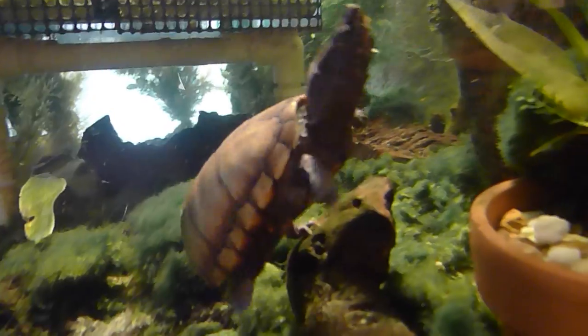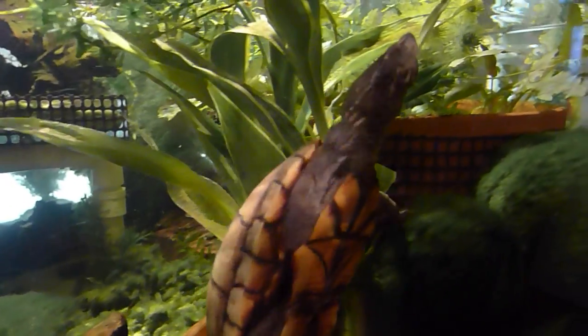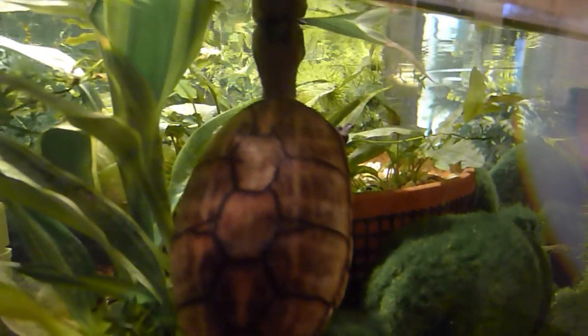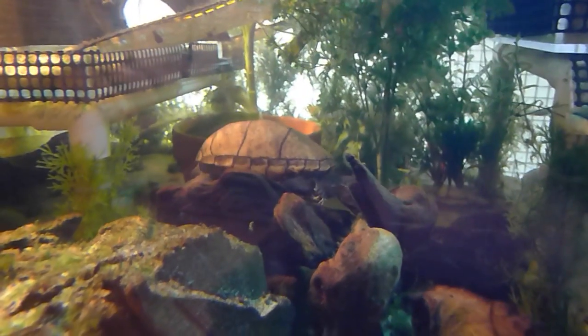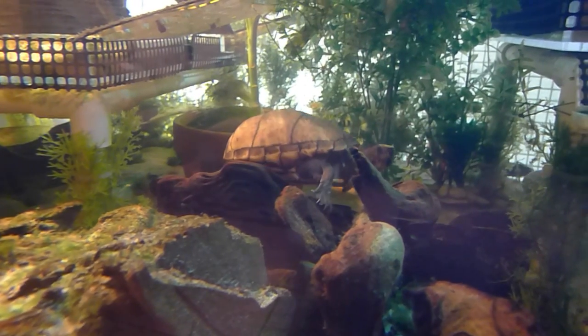She's healthy, and she could be released at some point in the future, but right now she seems to do so well in here, we're keeping her. She's a fun turtle to watch. Has a unique design under her chin, the colors under her chin. I don't know if we'll get a view of that here in the video, but there's Big Muddy,